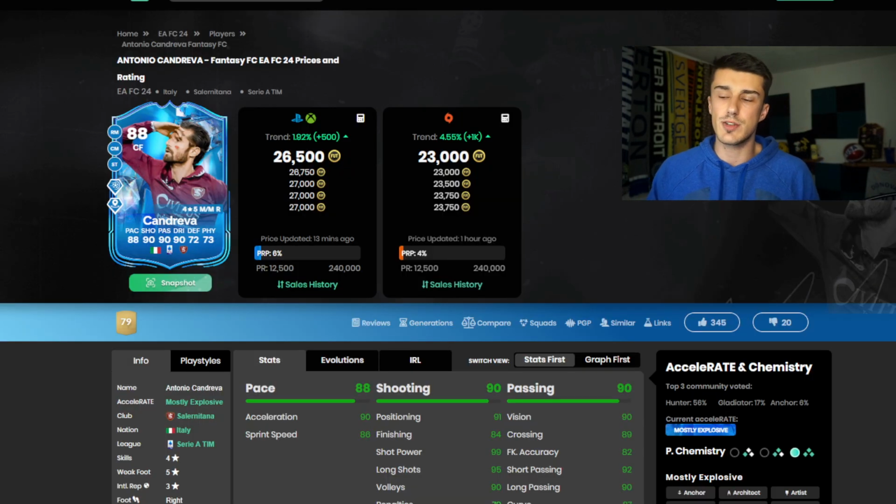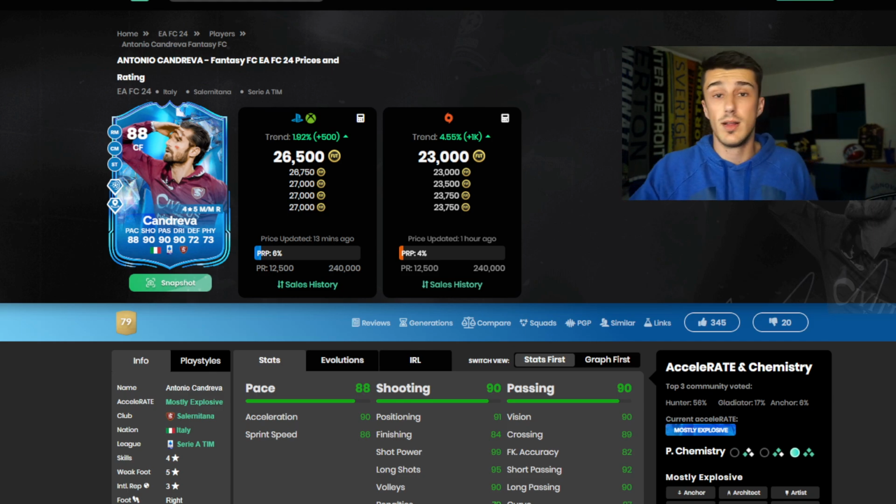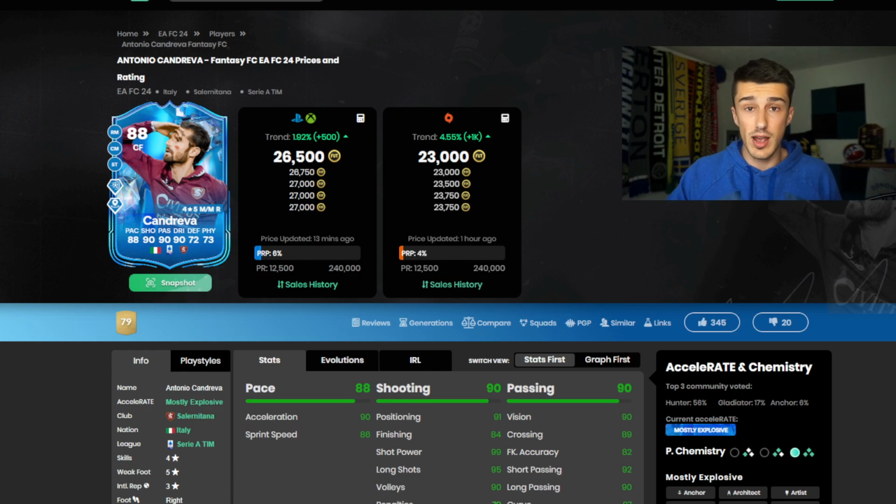And all it takes for this Candreva to go to 89 rated is for Salernitana, sorry to all of my Italian viewers for butchering that club name, to get 2 wins out of 4, which I get they're not really a top of the table team, but he also only needs to get 3 appearances as well. Getting to 89 rated is very likely for Candreva,